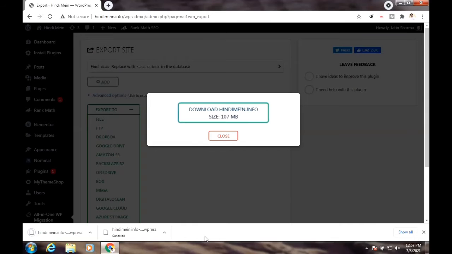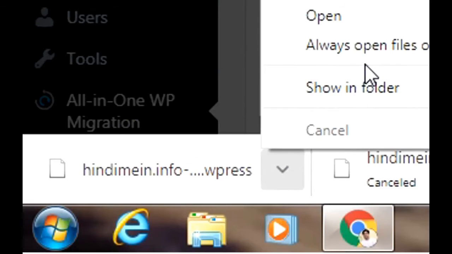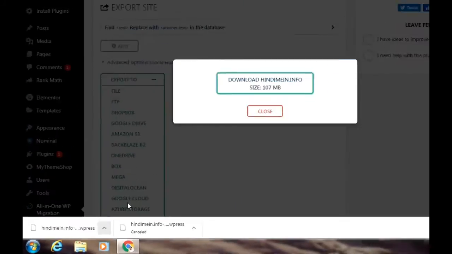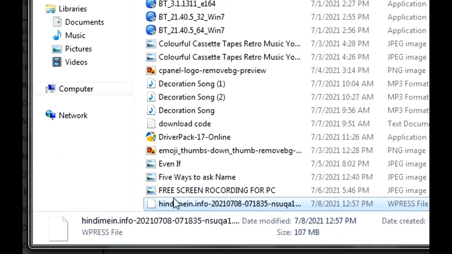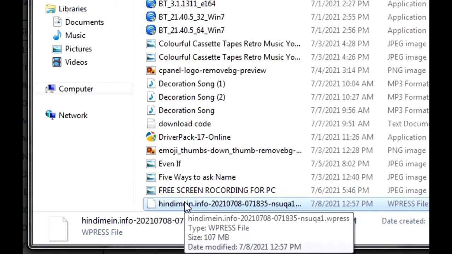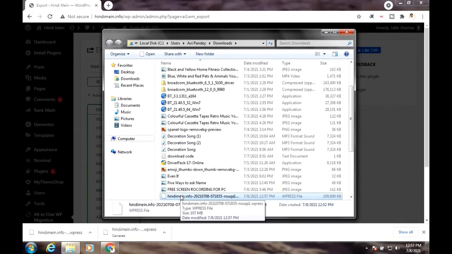Now that the file has been downloaded, all you have to do is click show in folder, and here I have got the backup file. This is my backup file. Let's say you want to upload this backup file to a new WordPress site or a new domain. What you have to do is